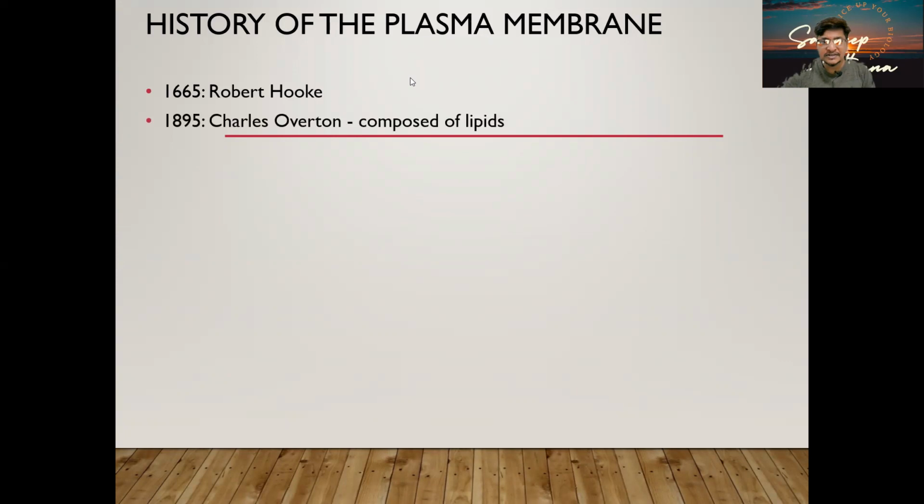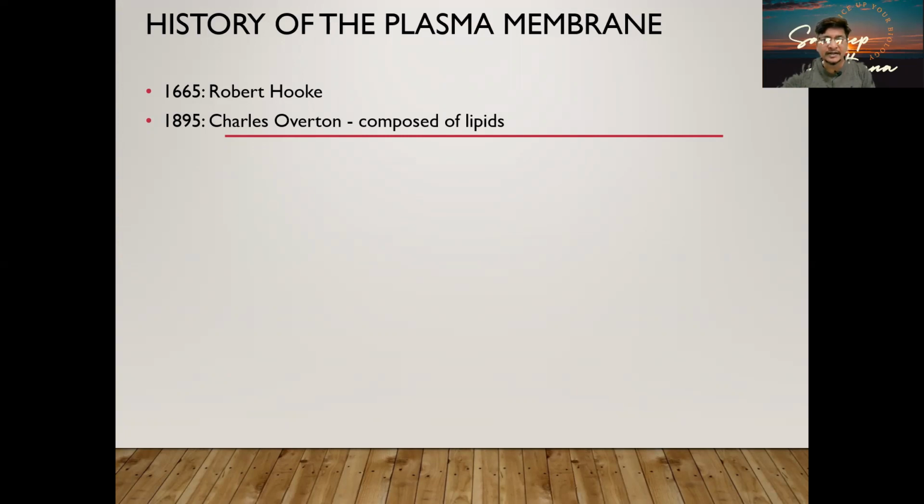Robert Hooke was the first to see the cell wall, but the membrane part was worked out in the beginning by Charles Overton. He tried to pass around 500 different substances through the plasma membrane, and the basic model used in the beginning was the RBC. Why RBC? Because RBC does not have any other cell organelle in it, and dead RBCs are plentiful and easily found in the spleen. So most of the work has been done on RBCs, and there's no contamination from any other membrane.